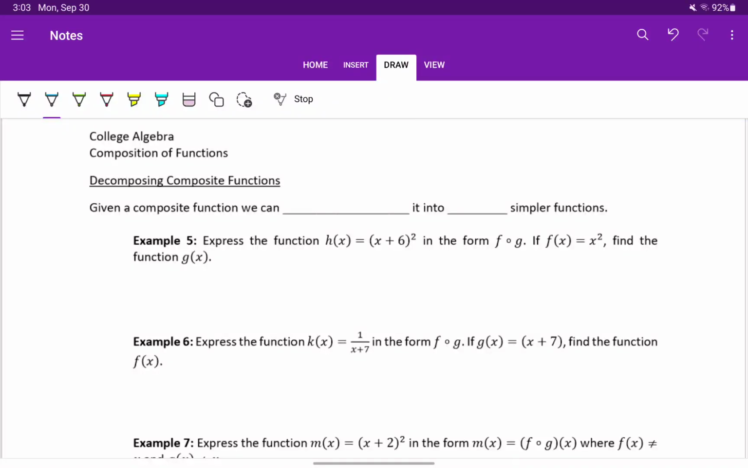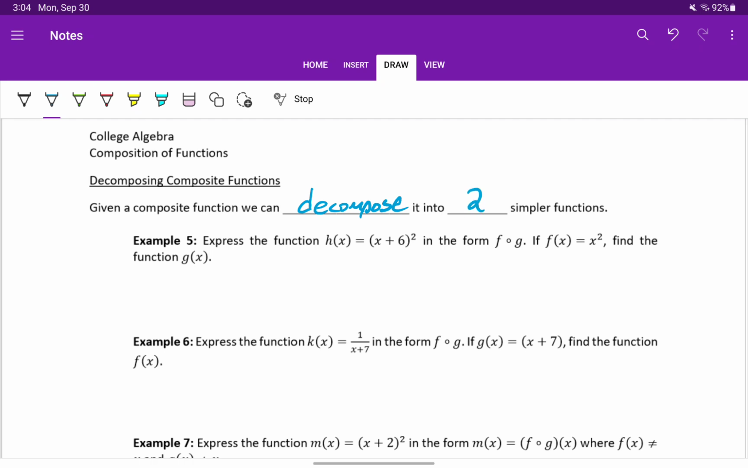Now that we know how to create the composition of two functions, we can look at evaluating those compositions, which really is just reading function notation. Now what we want to do is look at reversing this process. If we can take two functions and create a composition out of them, then we can reverse that process and decompose that function